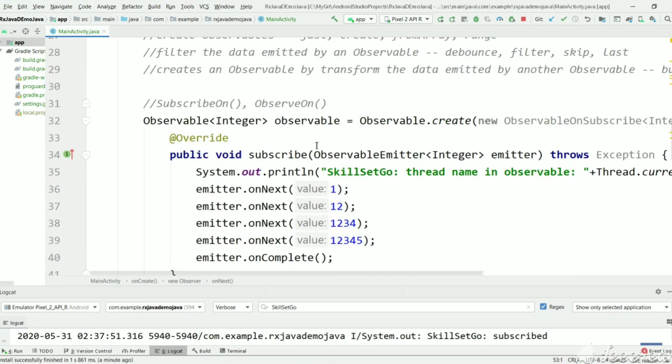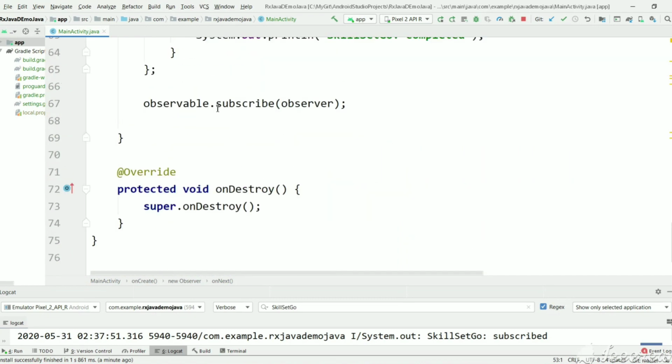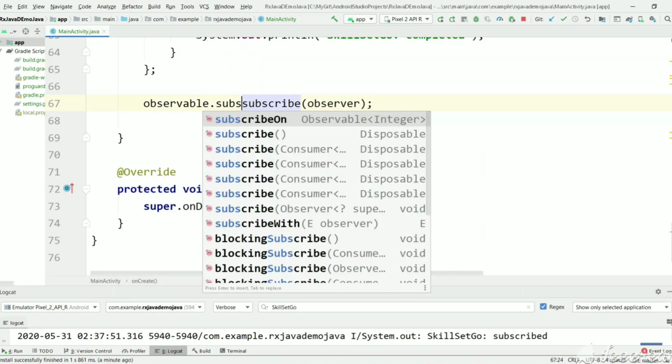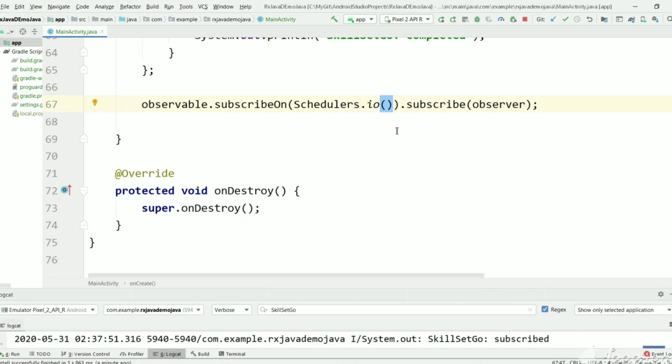Now we will tell the observable to run on the IO thread. We can use subscribeOn and pass a thread here. Using schedulers we can tell the observable to run on the IO thread, don't run on main. Now let's execute and see the thread names where the observable is running.